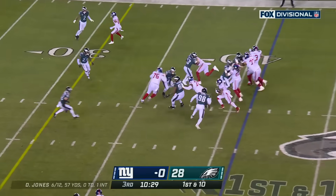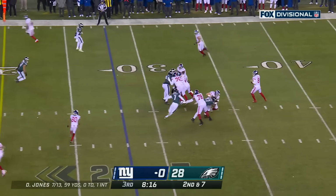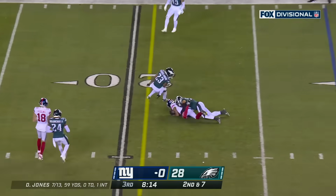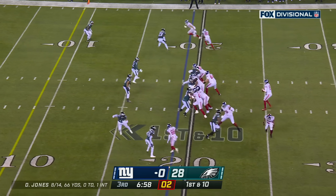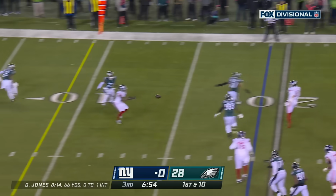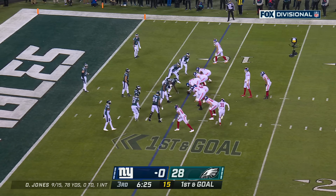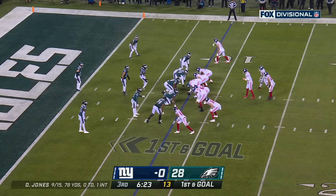It's Breida. Cutting it back. Them here this season, but I'd like to see it again for another year. It's got James again. 1st down and 10. Jones and the Giants looking for the end zone. He cuts it against the grain here to Richie James, who they're finally giving him a respectable wide receiver group